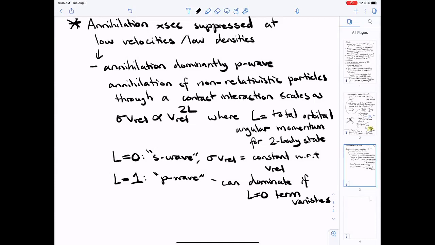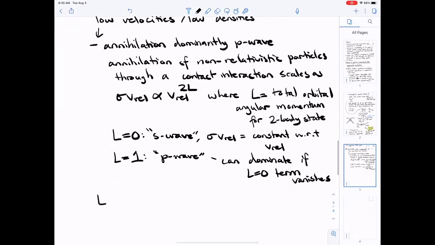So this is just like selection rules in quantum mechanics that say, when you do an atomic dipole excitation, you have to have delta L equals 1, delta S equals 0. It's just that kind of selection rule. So, there are a couple of examples in the notes, but I'll give you one example. Let's consider the case where we have identical Majorana fermion DM particles that annihilate into real scalars.